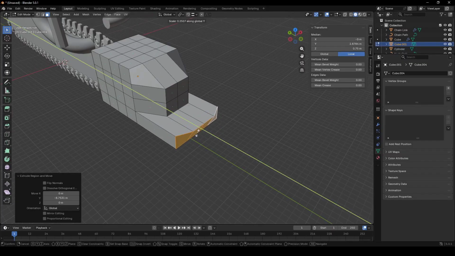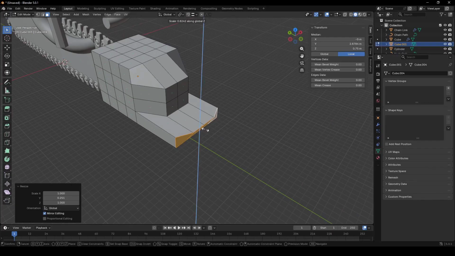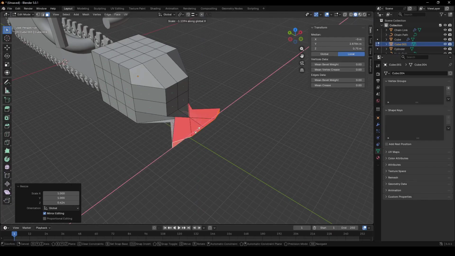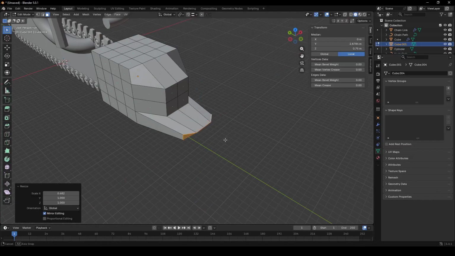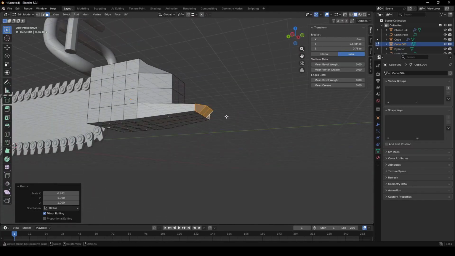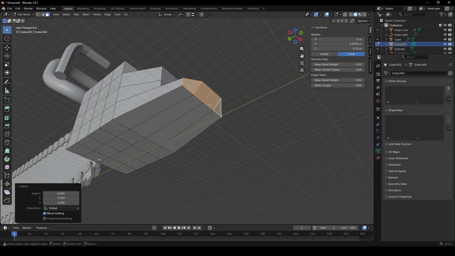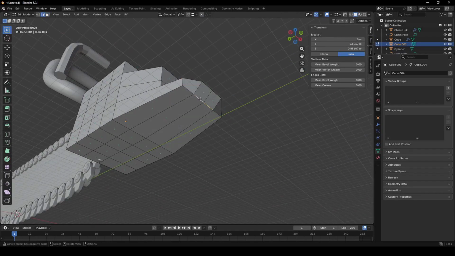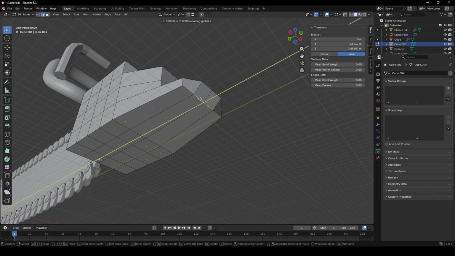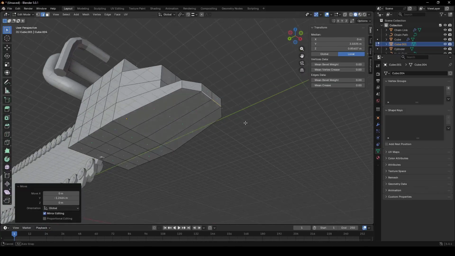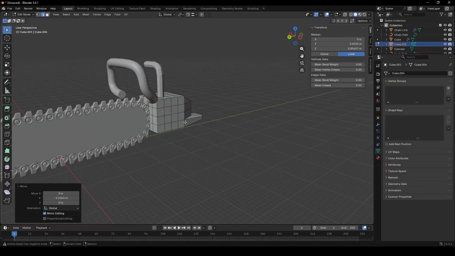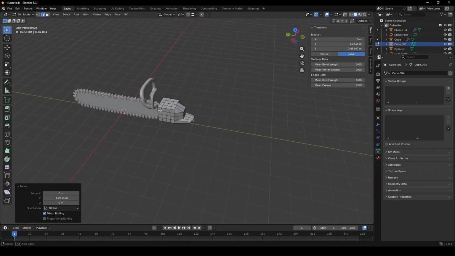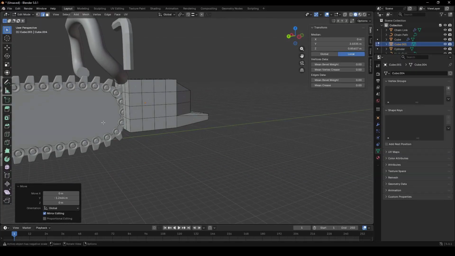All right, well, that's probably enough for today. Again, edge creases, subdivision modifier. Now, the only other thing I think we really need to think about is when you go to export this,